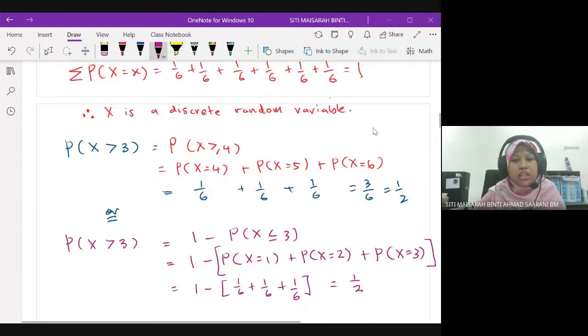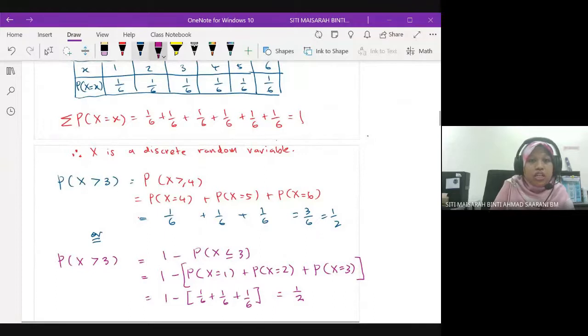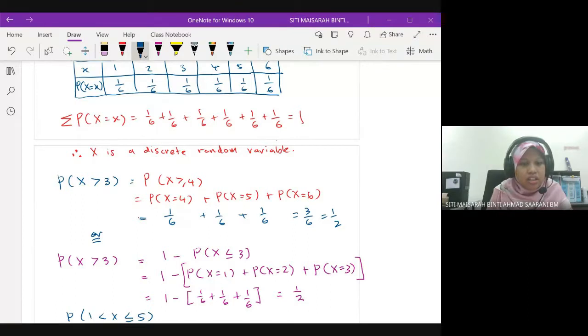Sama juga kalau kita nak cari yang seterusnya, kita nak cari probability X more than 1, less or equal to 5. Okay. Kalau ikutkan yang ni, satu include tak? Satu tak include. So maksudnya ini dalam erti kata lain, ini sebenarnya probability X more or equal to 2, less or equal to 5. So dia mesti start dengan 2 sampai 5. So maksudnya probability X equals to 2 tambah P(X equals to 3) tambah P(X equals to 4) tambah dengan P(X